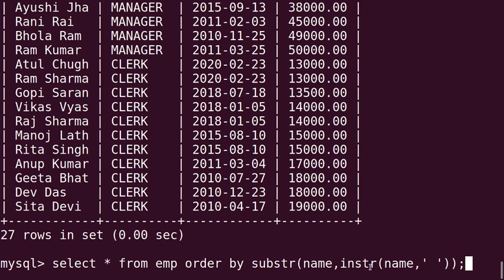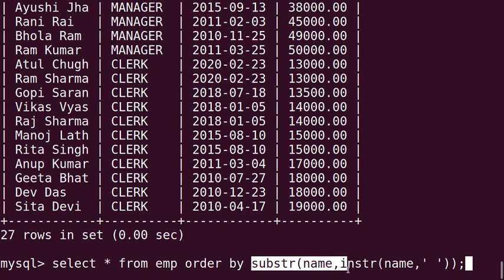So instr name comma space, if we give, it returns the space position within the name field, right? Then we are using the outer function substr name comma, then the position of the space within the name field.